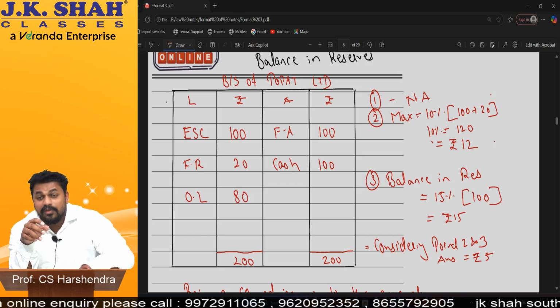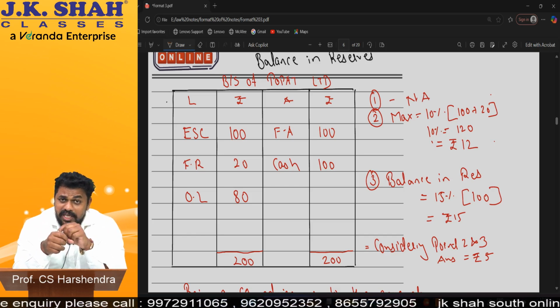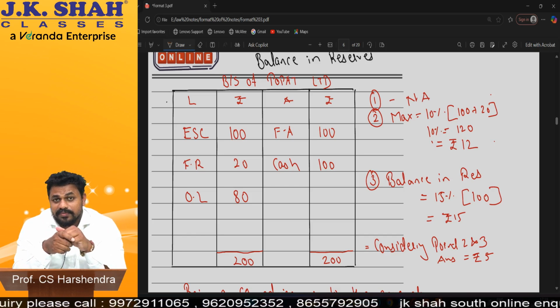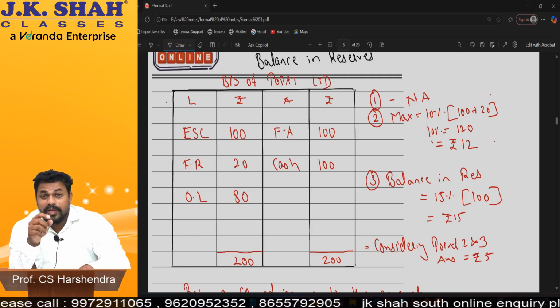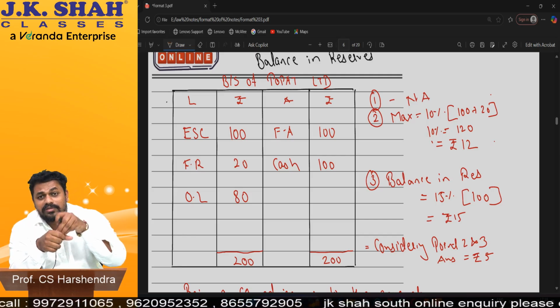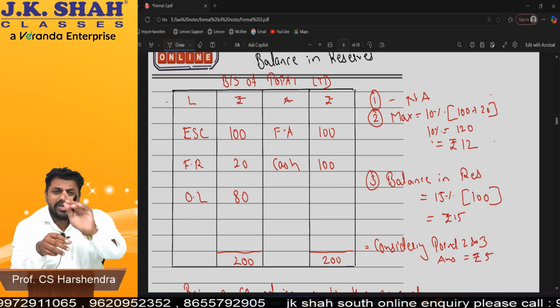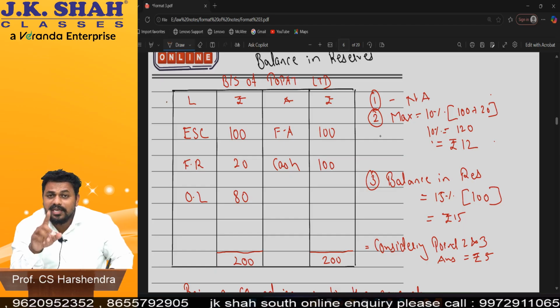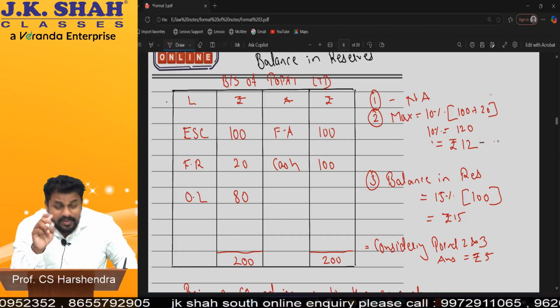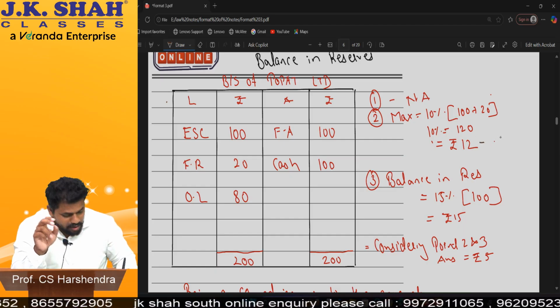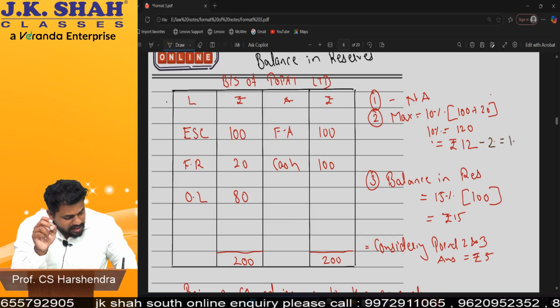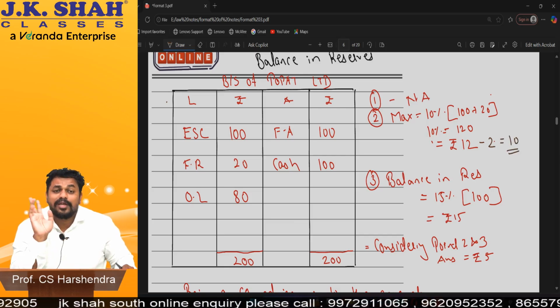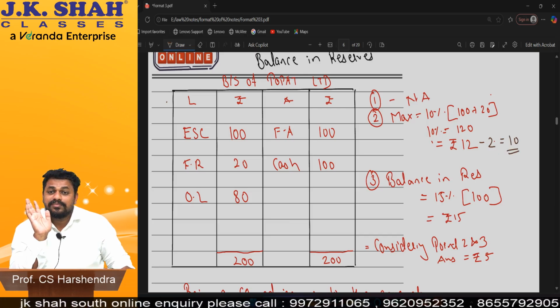So tell me, will you pay dividend without setting off the loss, or do you have to first set off the loss? First set off the loss. So what you have to do now, if it is given in the question this year's loss is this much, only one adjustment you have to do. What is that adjustment? Whatever answer you get in point 2, in our case how much loss was there? 2 rupees. So you have to deduct it by 2 rupees. So in our example what will be the answer? 10 rupees. Understood?